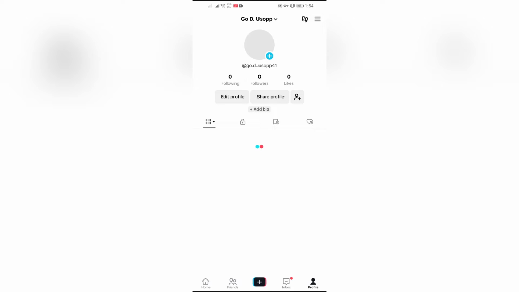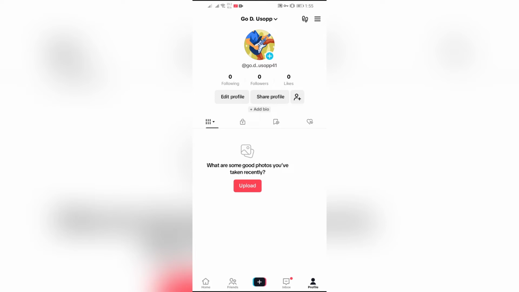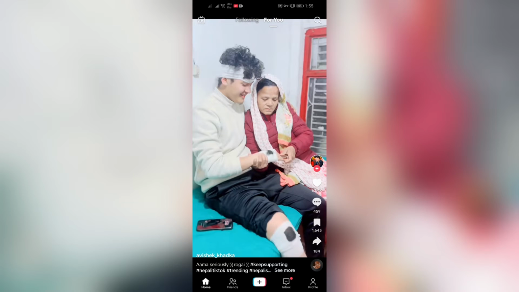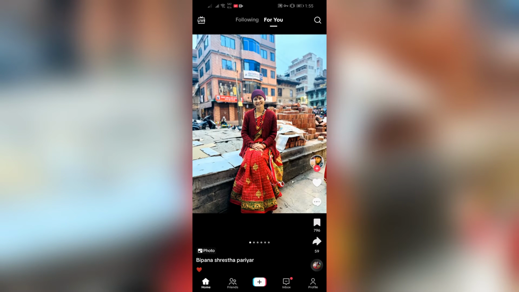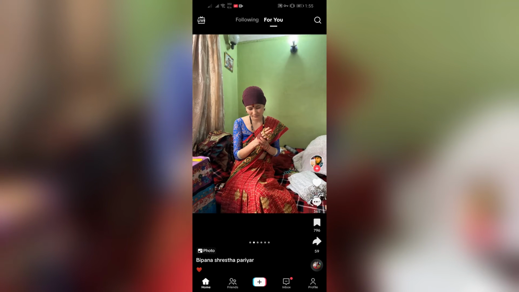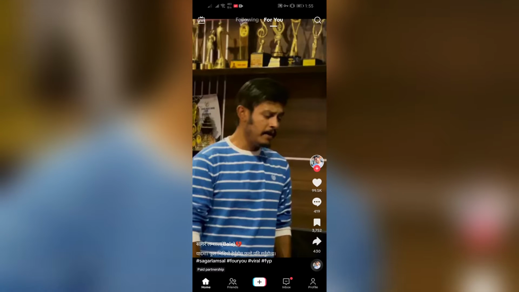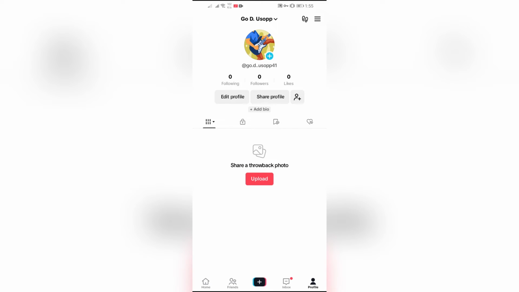Whenever TikTok says you follow and unfollow too often, try again later, there is one thing that you should know first. Whenever you follow and unfollow so many people at the same time, TikTok's AI and community guidelines will think that your account is compromised, hacked, or maybe being used by robots or AI. So in this kind of scenario, TikTok will show you this kind of notification to protect you and your privacy